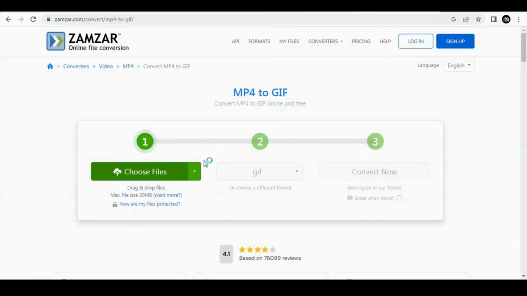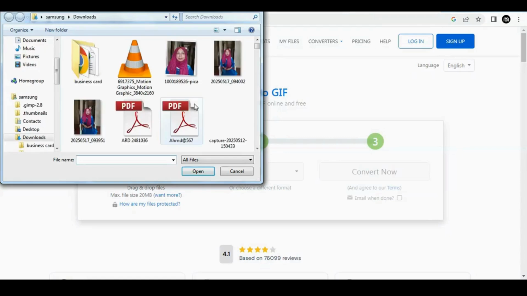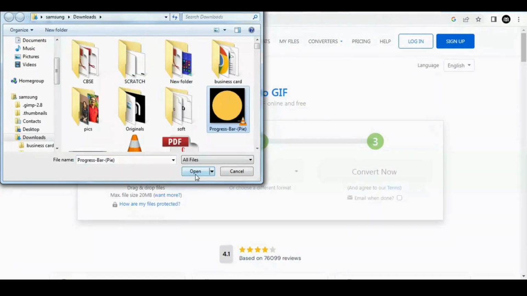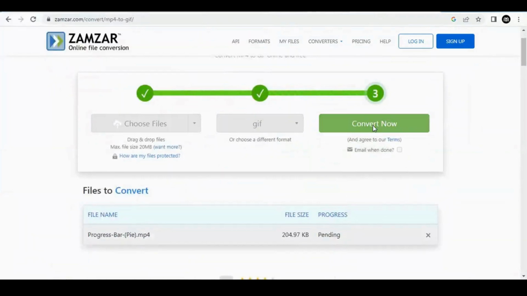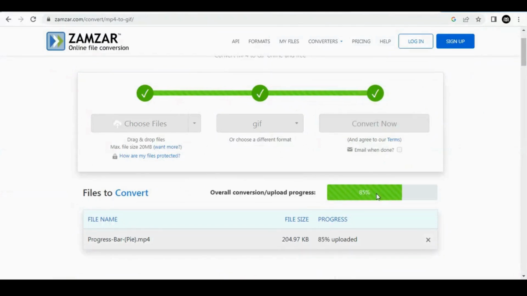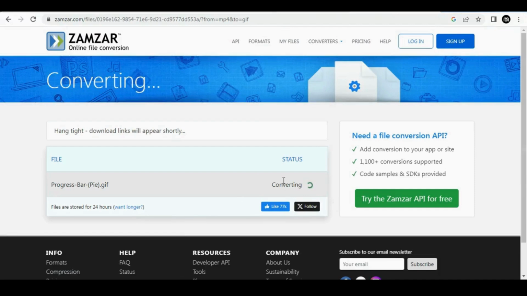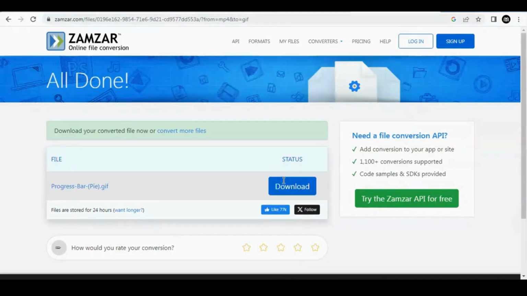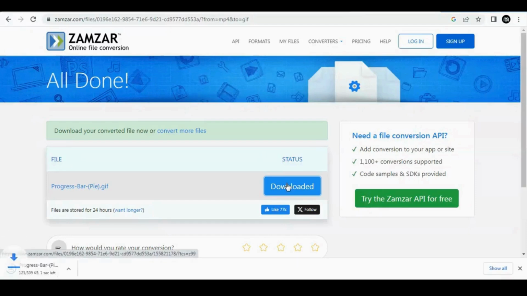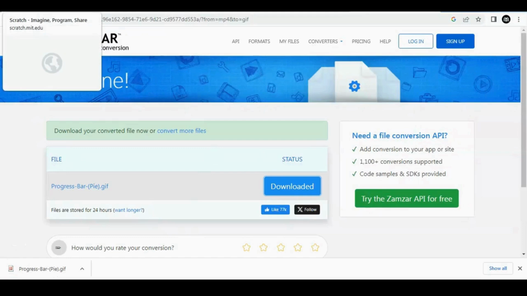It's not chosen yet. Yeah, convert now. It starts to upload and convert. Click download. It starts downloading. Then go to Scratch